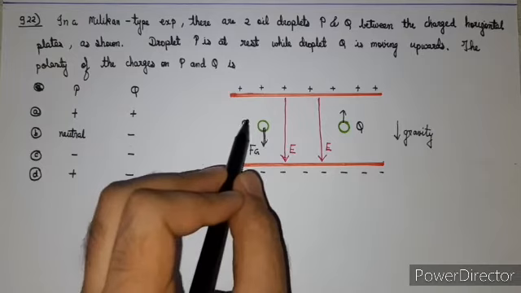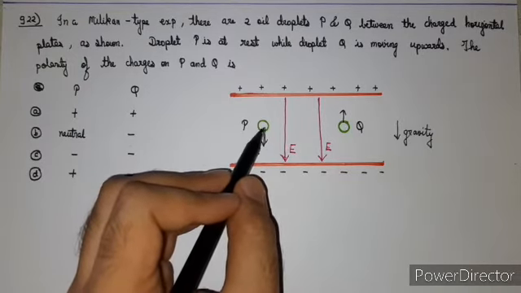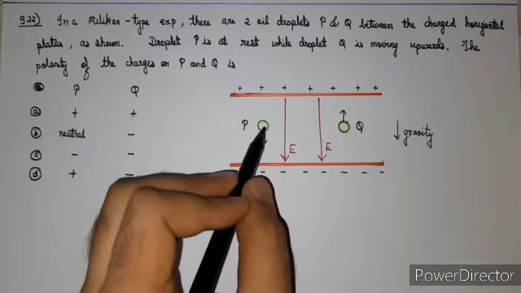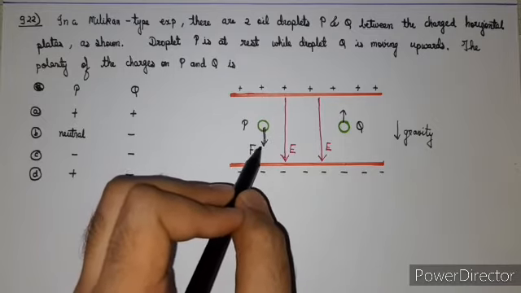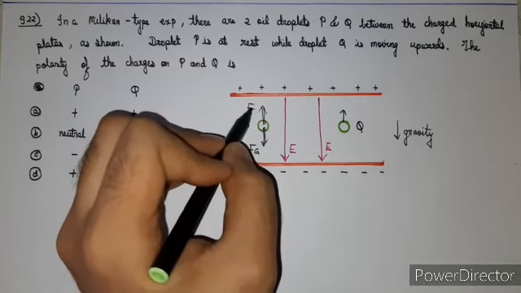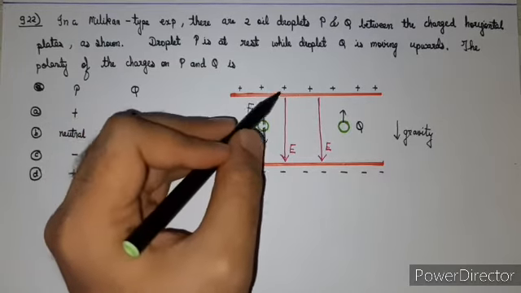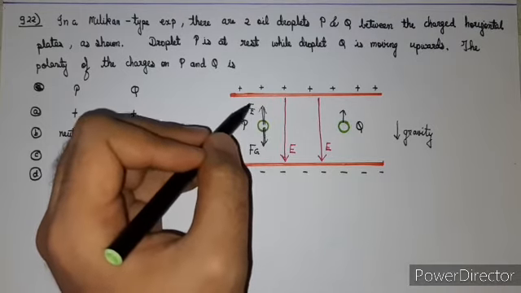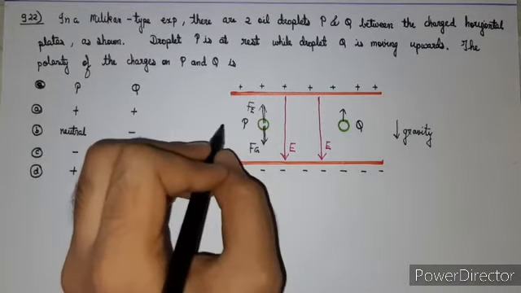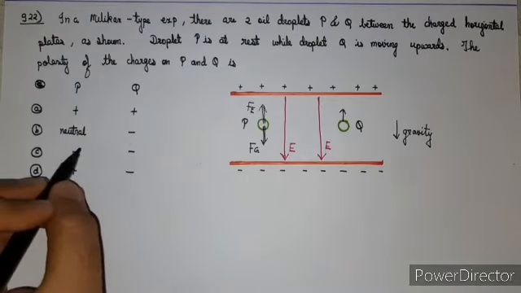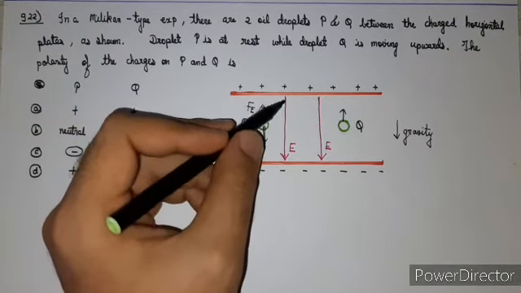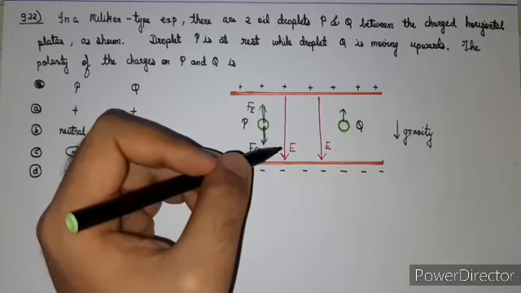Let us now discuss the case for particle P. First, the force acting on particle P will be the force of gravity, which acts vertically downwards. But since it is given that this particle is at rest, there should be some force which balances the force of gravity. So the electrostatic force acting in this case should be in the vertically upward direction. But since the electric field is pointing vertically downwards and we need the electrostatic force vertically upward, the charge on particle P should be negative. So particle P is negatively charged, since the electrostatic force acting on it is opposite to the direction of the electric field present.